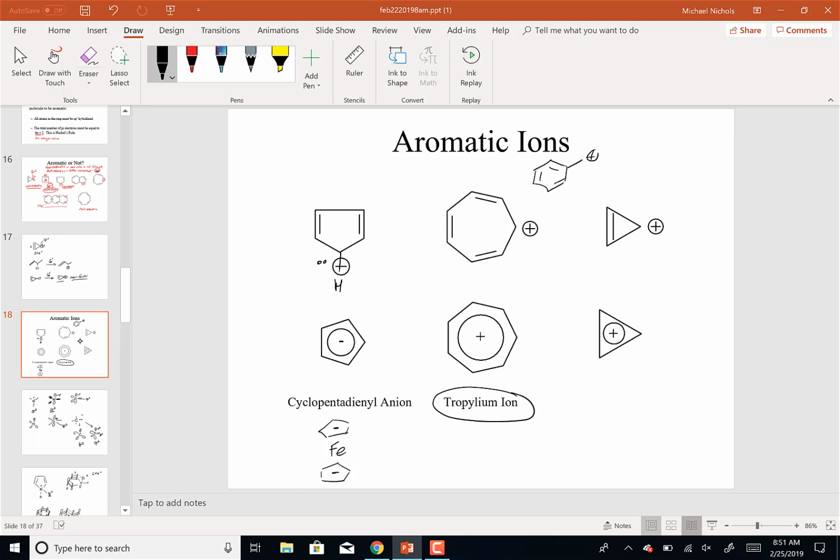Okay, so that's aromaticity, and that's where we'll stop. On Wednesday, then, if you have questions, bring them to class. We'll go over them. Otherwise,